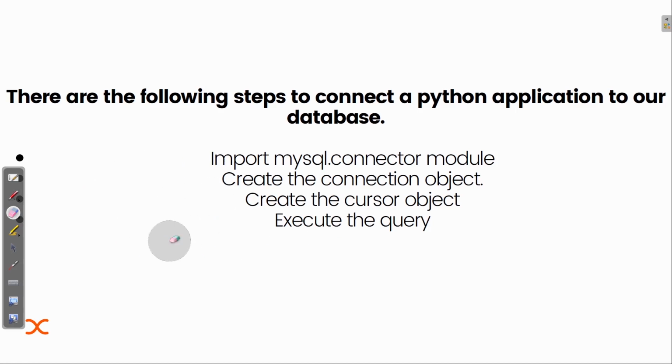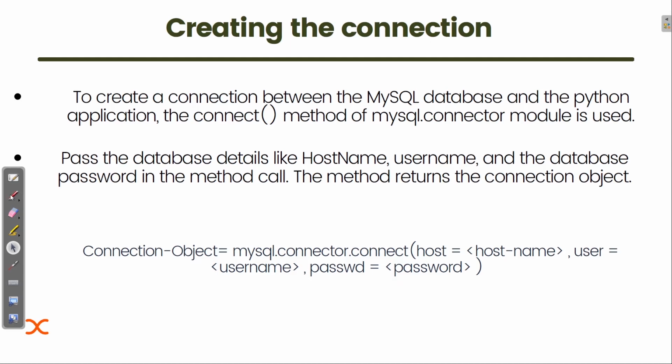Okay, so let's go to the next step. The first step is that we need to create the connection. Creating the connection is basically simple. First, you need to check whether your import of the module, that is mysql.connector, is okay or not. Sometimes we do not have it installed in our PC, or in PyCharm. So I will tell you how you can check or how you can install it.